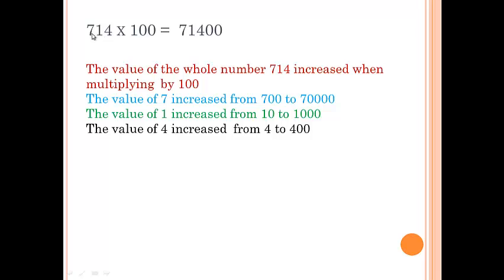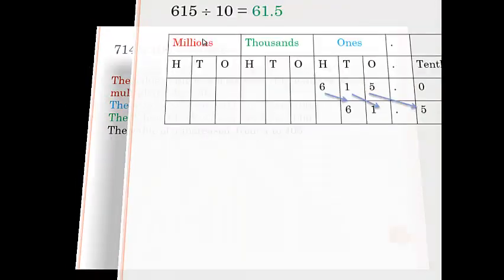So its value is 700 to 70,000. 1 in the tens place, so its value is 10 to be 1 in ones, tens, hundreds, thousands, so its value is 1000. 4 here in the ones place, its value is 4 to be 4 in ones, tens, hundreds, 4 in 100. Okay,